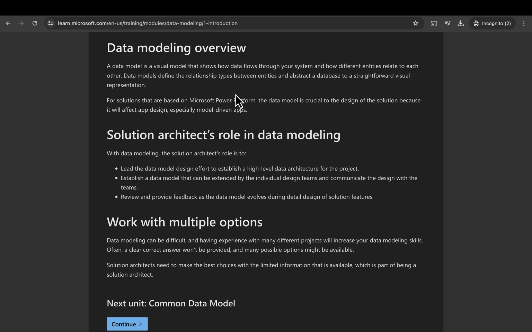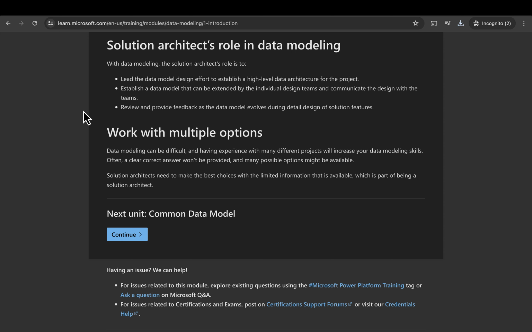Solution Architect's role in data modeling. With data modeling, the solution architect's role is to lead the data model design effort to establish a high-level data architecture for the project, establish a data model that can be extended by the individual design teams and communicate the design with the teams, review and provide feedback as the data model evolves during detailed design of solution features,